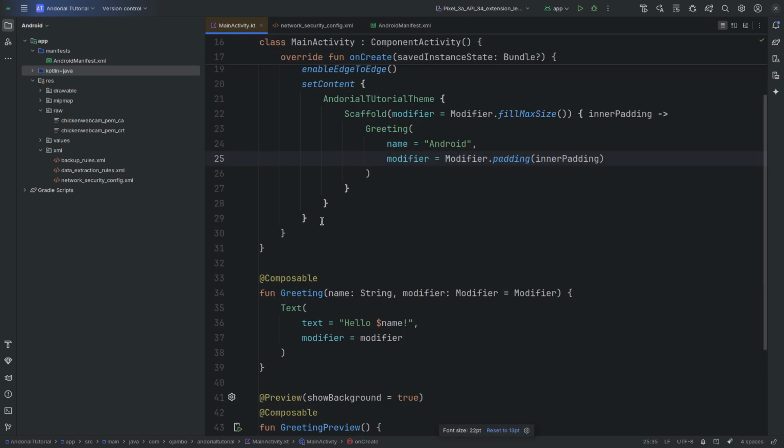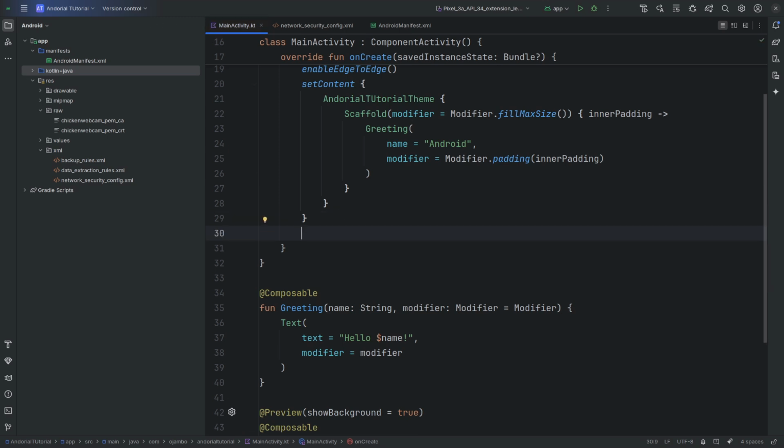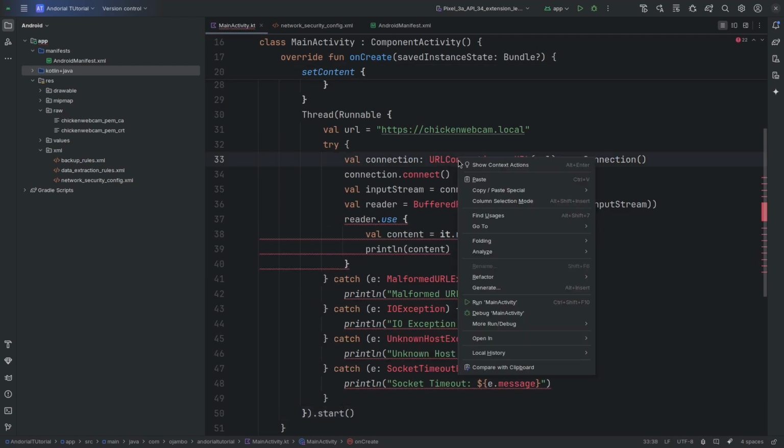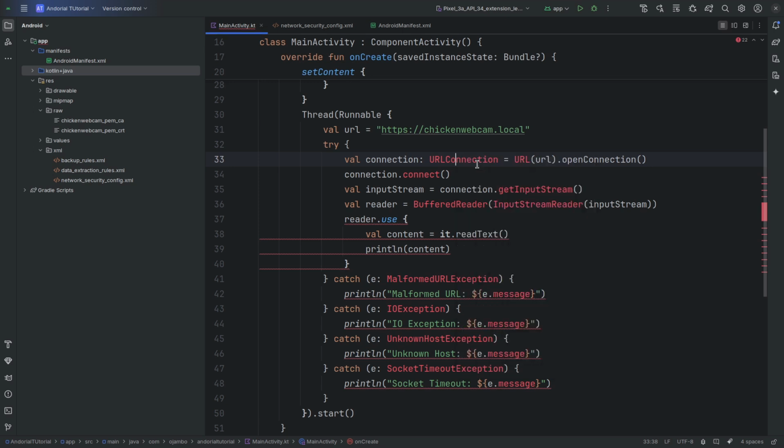So zoom in here. So you can put in whatever code you want in there. I'm going to put in my code for testing the URL. So this has nothing to throw. You put whatever you want in there. So what I'll do is I will